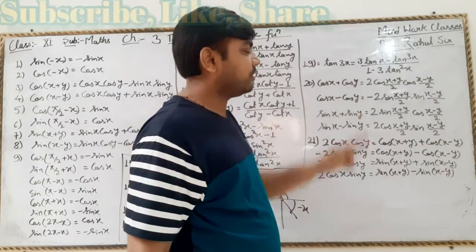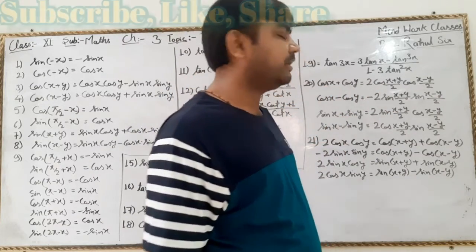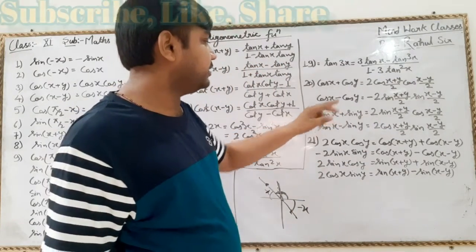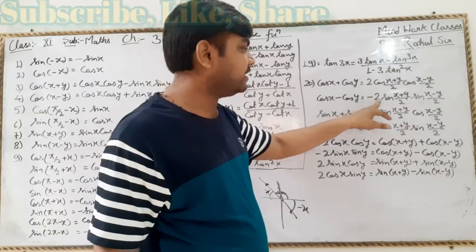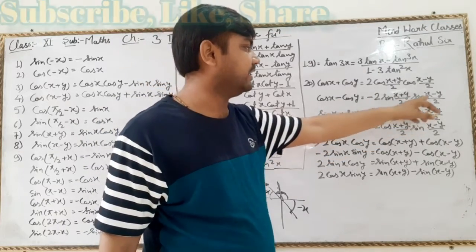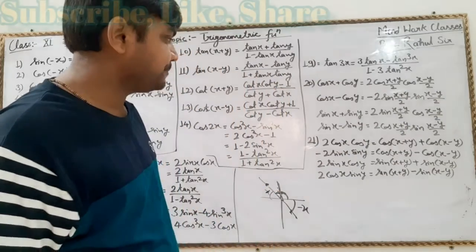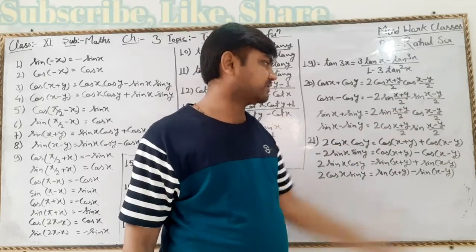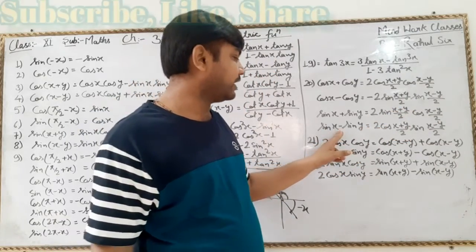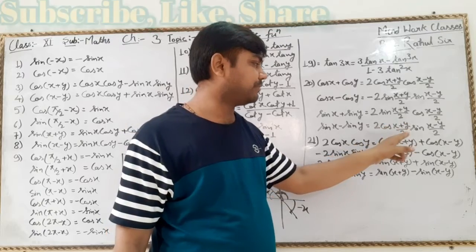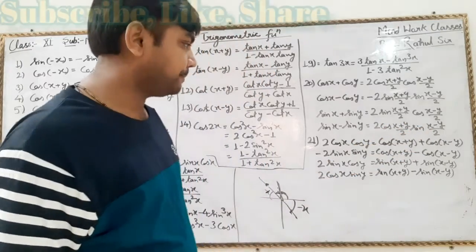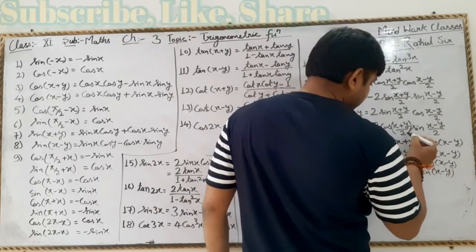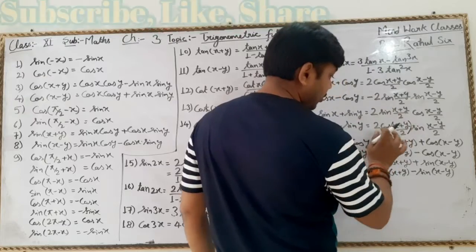Okay, cos x plus cos y is equal to 2 cos (x plus y) by 2 into cos (x minus y) by 2. For the negative sign, cos x minus cos y is minus 2 sin (x plus y) upon 2 and sin (x minus y) upon 2. Similarly, sin x plus sin y equals 2 sin (x plus y) upon 2 cos (x minus y) upon 2. Sin x minus sin y equals 2 cos (x plus y) by 2 sin (x minus y) by 2. And this division by 2 is only with x plus y, not the whole amount.